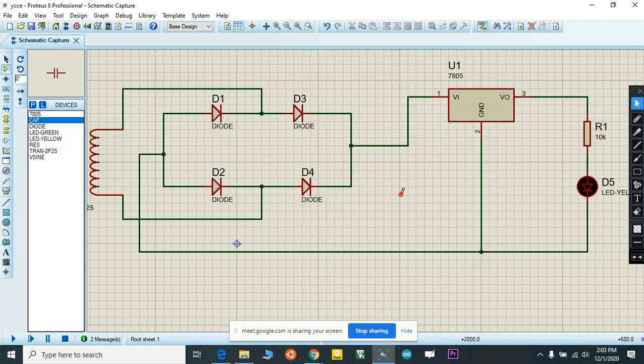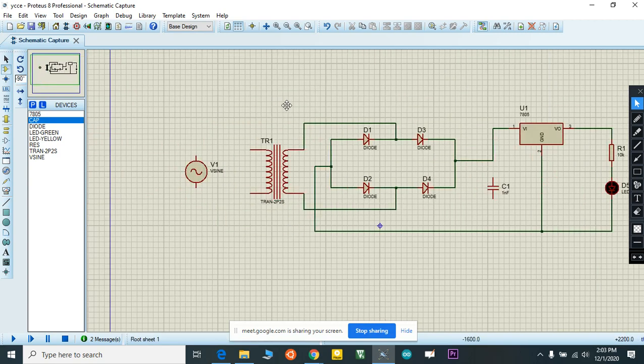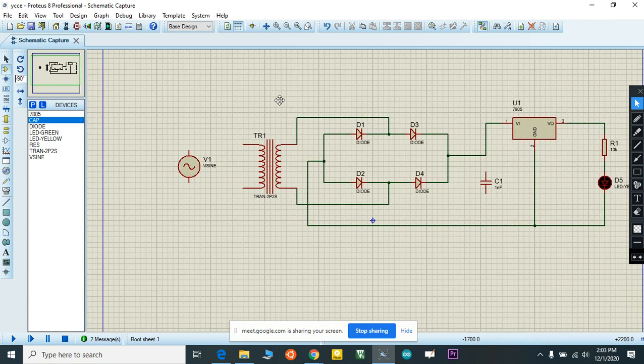Capacitor. So this is how we set up a voltage converter from 230 volt to 5 volt in our lab.